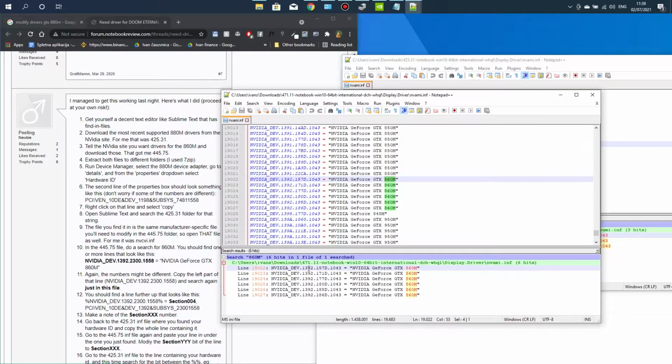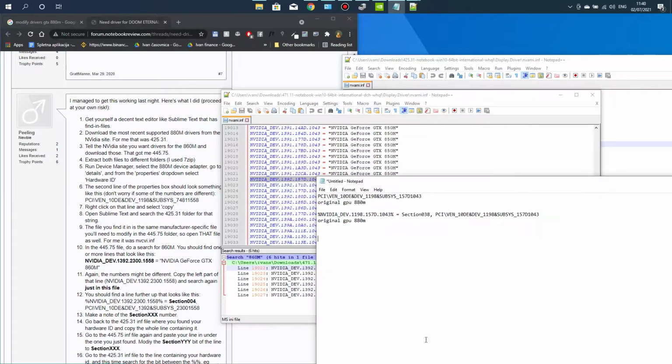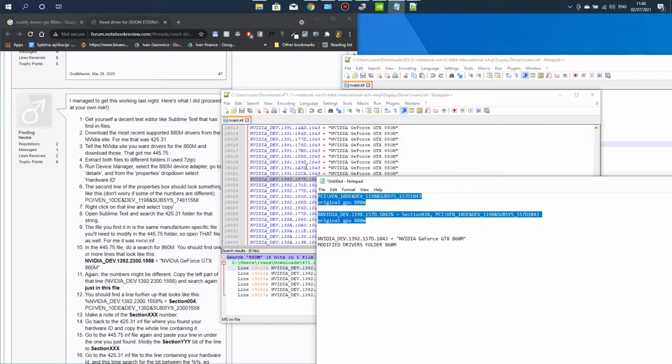Then select the first one and copy it. We copy this, and in the notepad type here "modified drivers folder 860M". Alright, you can do the same. You can also use 860M, but your original one is probably different because you're probably not using the same GPU as I do. Alright, now that we have done that,